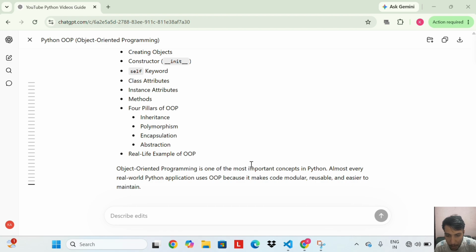Object-oriented programming is one of the most important concepts in Python. Almost every real-world Python application uses OOP because it makes code modular, reusable, and easier to maintain. So this is it for today's lecture.